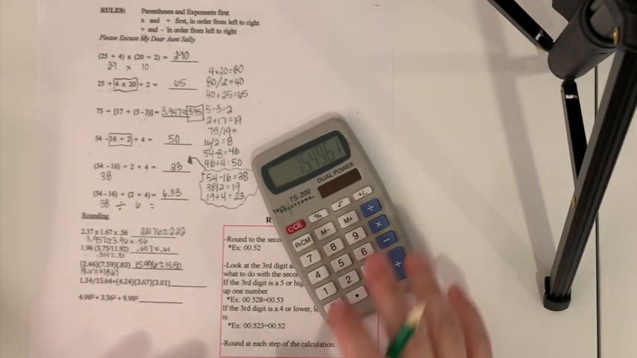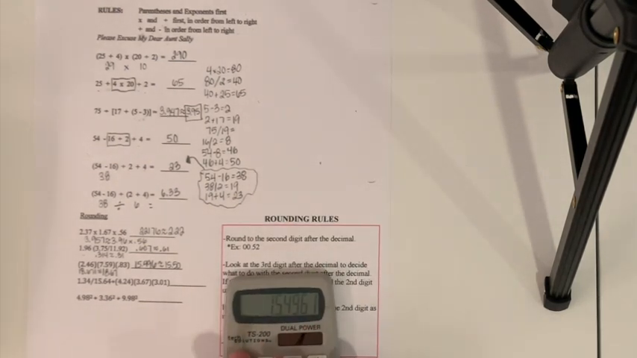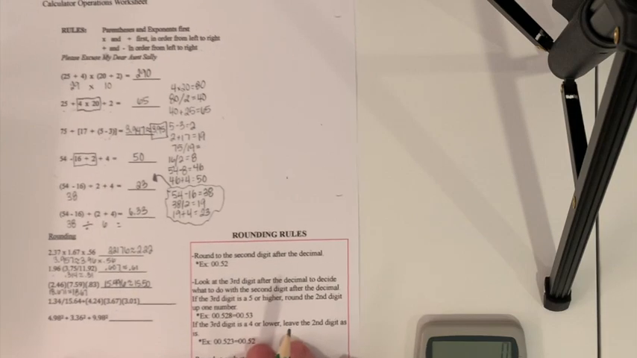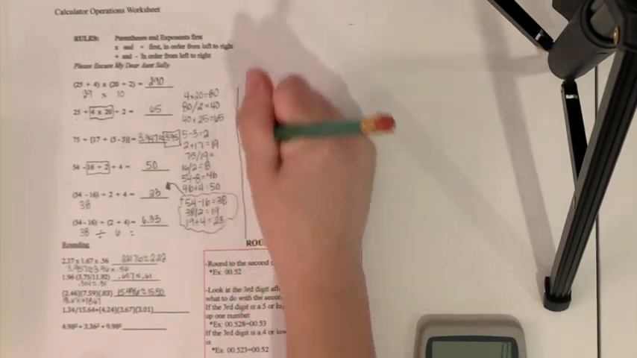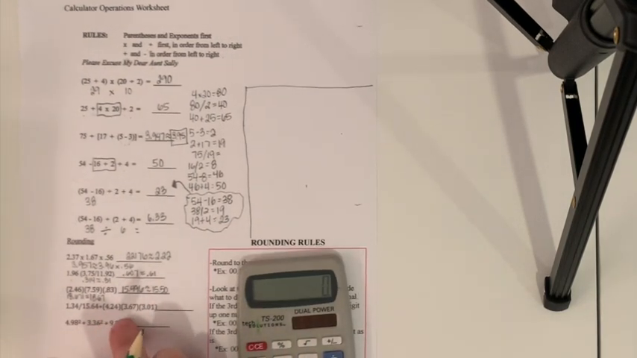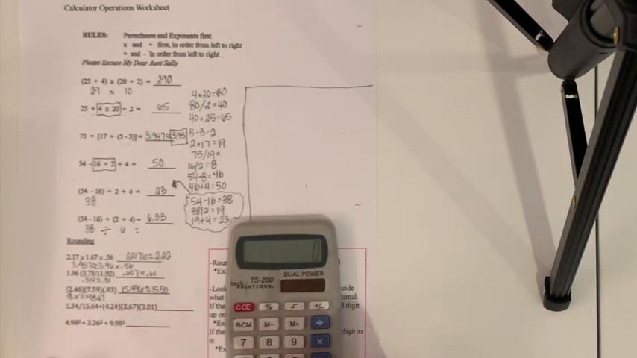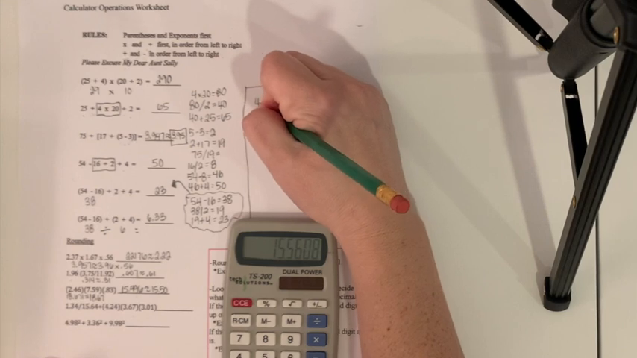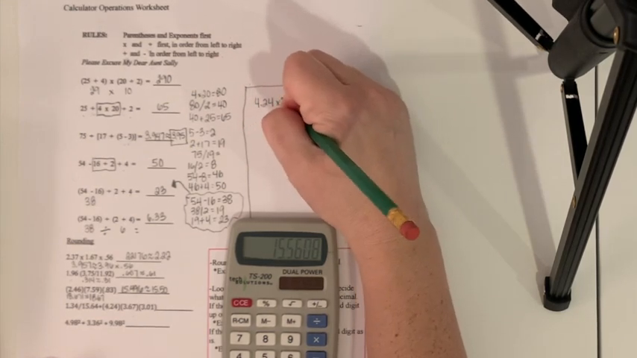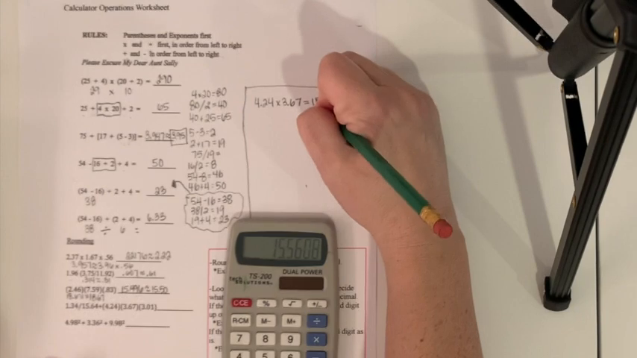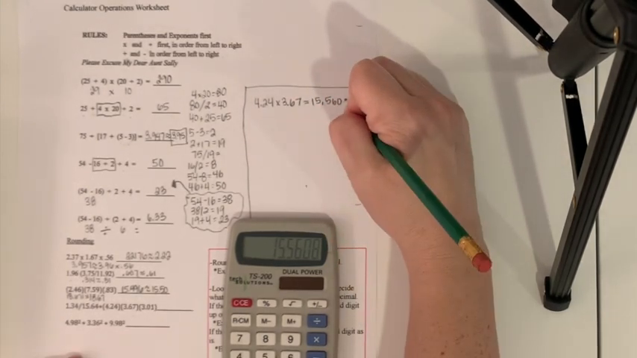Okay. And then the next one down here, we'll start with the parentheses. This is a pretty long one. Maybe I should write it. I'll write it over here. Okay. So the first thing that we're going to do is 4.24 times 3.67. So when I do 4.24 times 3.67, let me write that down, it's going to give me 15.560. So I'm going to round that to